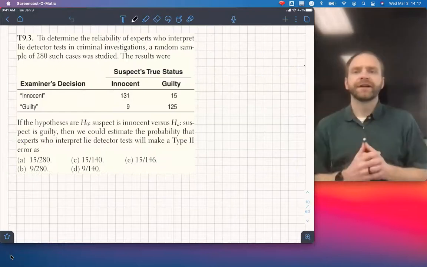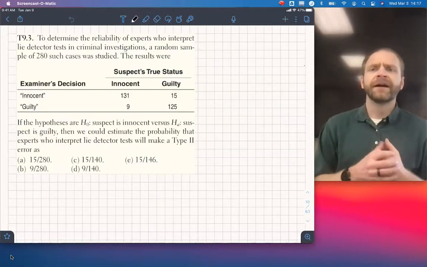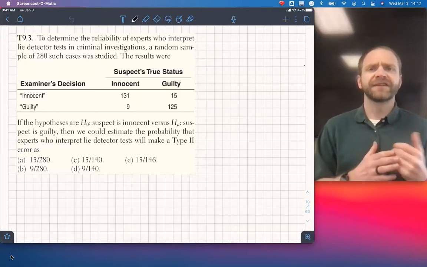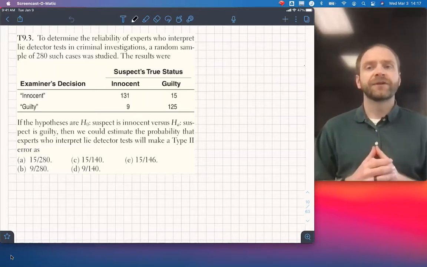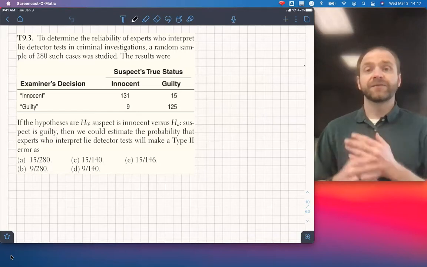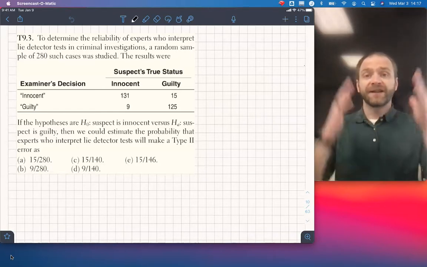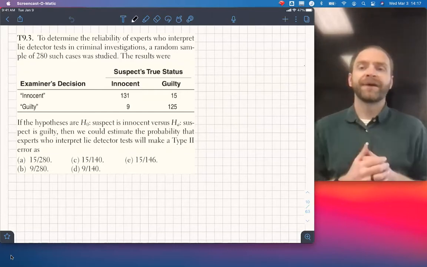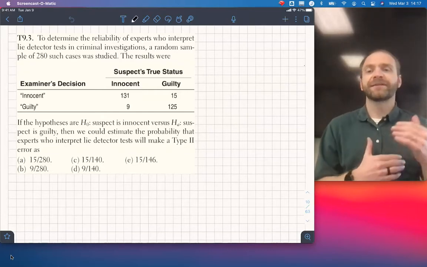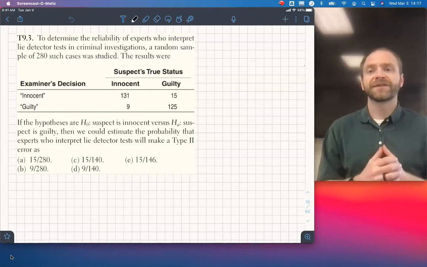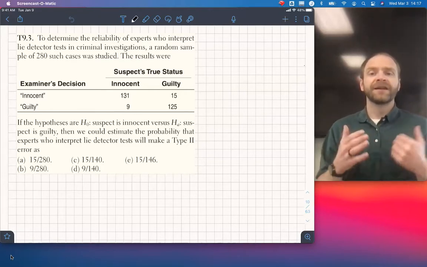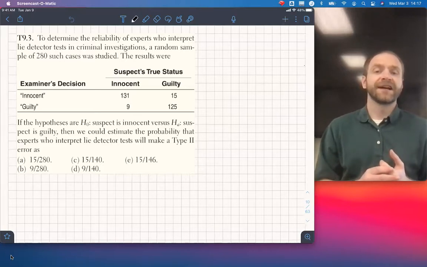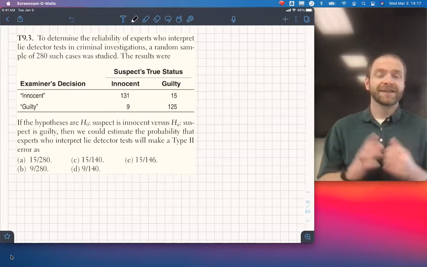All right, question 3. This one looks like a two-way table there. It says to determine the reliability of experts who interpret lie detector tests in criminal investigations. A random sample of 280 such cases were studied, and here's the results. A suspect's true status are the columns, the examiner's decision are the rows. If the null hypothesis is the suspect is innocent versus the alternative hypothesis, the suspect is guilty, then we can estimate the probability that experts who interpret the lie detector test will make a type 2 error as